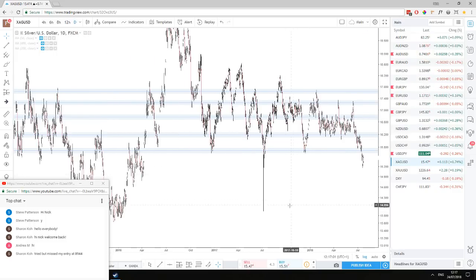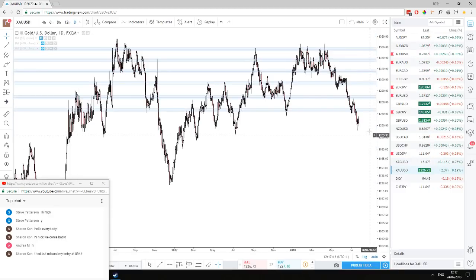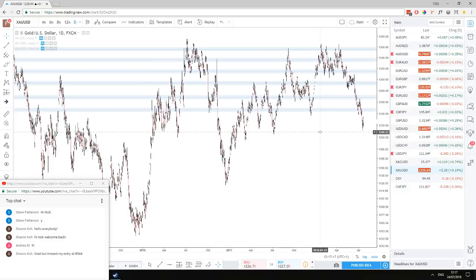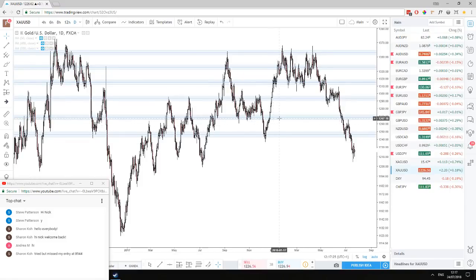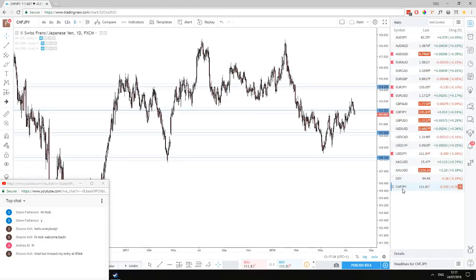Gold is falling, which is good if you invest in gold, because you can get it at cheap prices, and silver also. You can see they're dropping to significant-ish lows. Kind of lowest it's been since this time last year. But yeah, that's not trading, that's investing, different thing. CHFJPY, I don't even know why I have that open, guys. But yeah, that wraps it up.